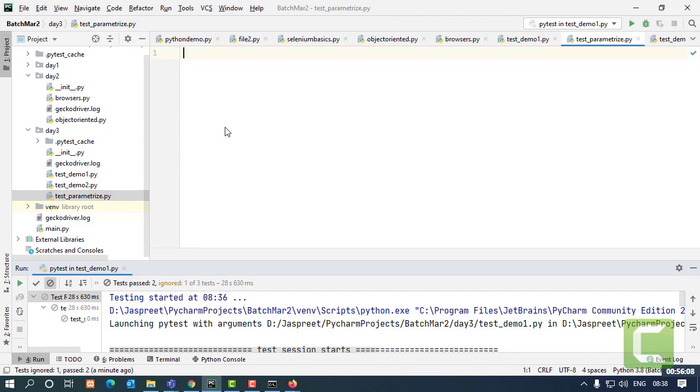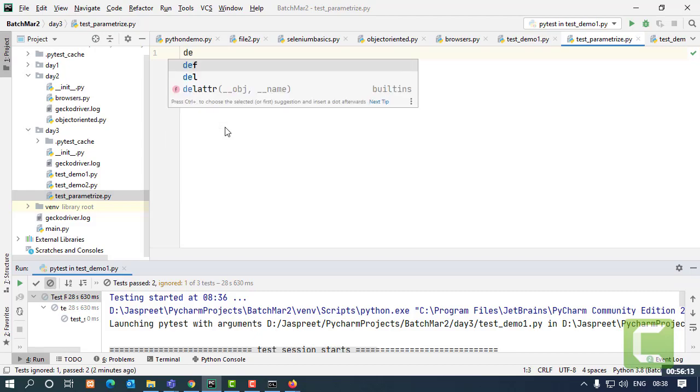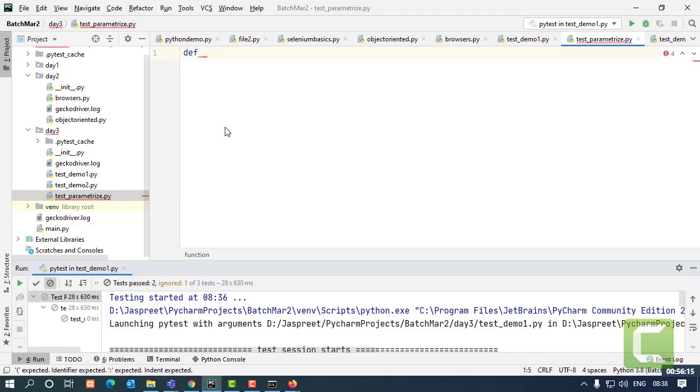I have to add the numbers that I want to do using the test case itself. So I'll say test_add_1. I'll accept the parameters over here in this test case from the user or from the call here also.